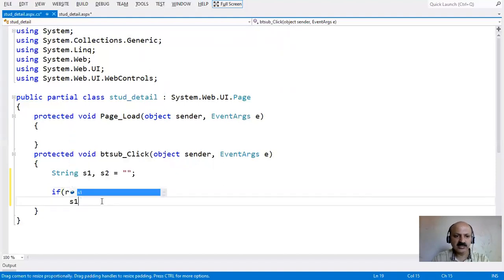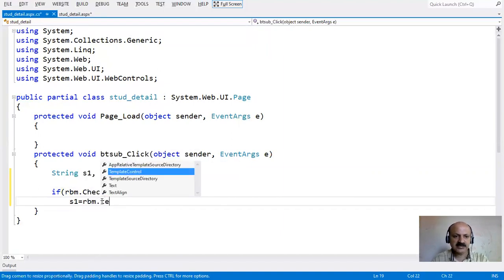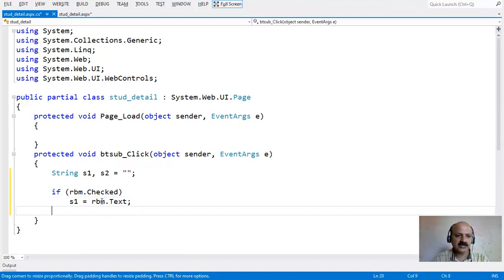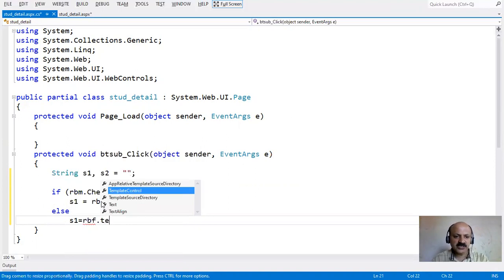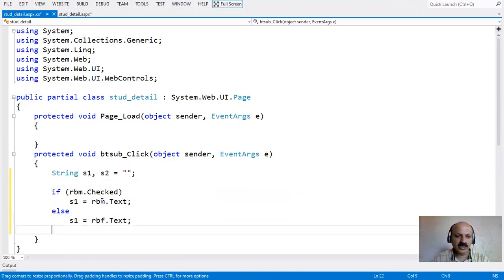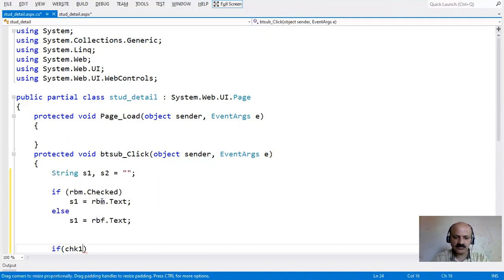And for s1, the string variable, we take rbm.Text, that is Male, assigned to the s1 variable. In the else part, we can take s1 equal to rbf for Female. If the condition is false, then this text is assigned to the s1 variable. So the s1 variable is holding the radio button value. In the same way, we can use a simple if to take the checkbox value, like chk1.Checked.